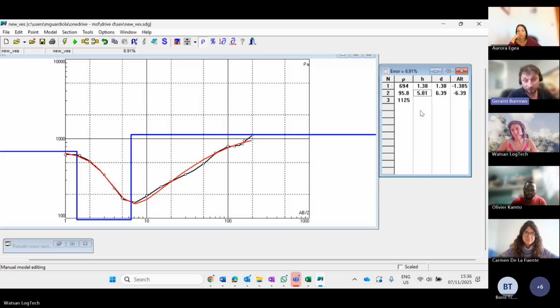This is quite a classical profile for being on a slightly elevated area where there's not much weathered material and very little saturated thickness. So it doesn't look very attractive, but we don't have any context. It's just a raw data set, and obviously we'd have a lot more context in the next example. But